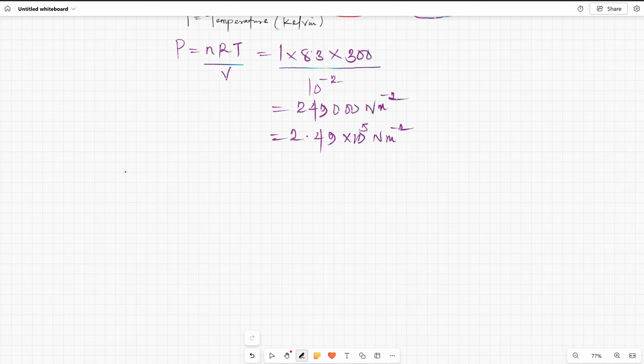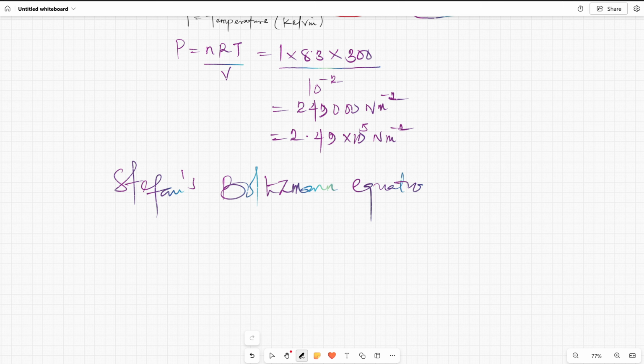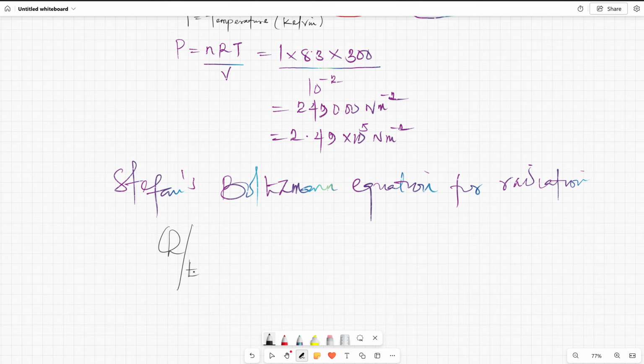The Stefan-Boltzmann equation for radiation. From there, you might actually get some hints of some of the factors that may affect radiation, right? So here, it says that the rate of heat transfer from a hot body to another body without passing through any particular medium, where the rate of heat transfer Q over t is actually